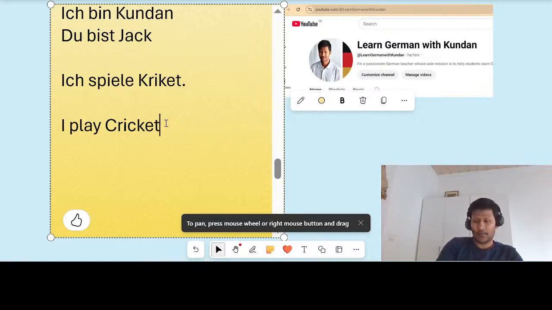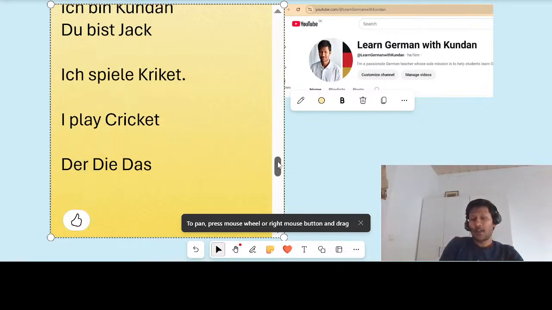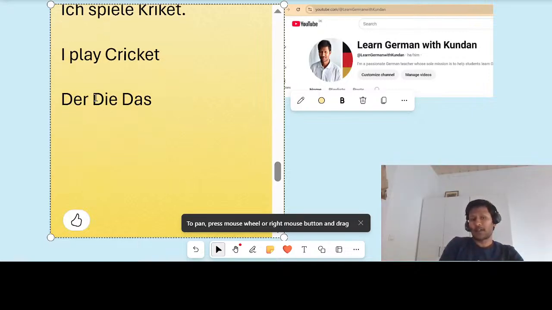So I will just write, for example, der, die, and das. These things we will see. Der is for boy, so masculine. This is the article for masculine gender. Here articles are different for different genders, not like in English where everyone is the. That is the trick in German. Everything we will learn will be based on gender.